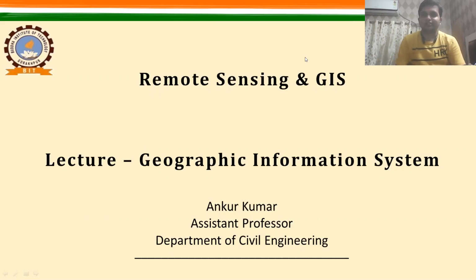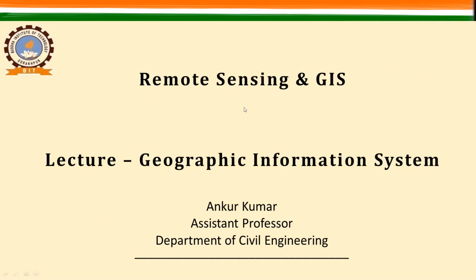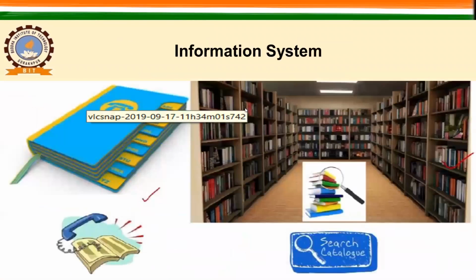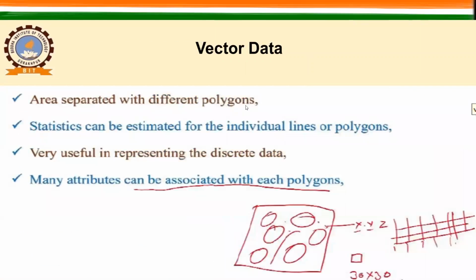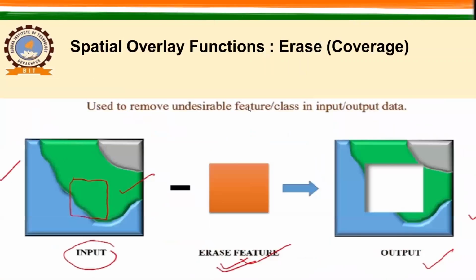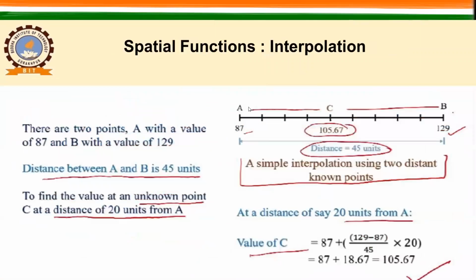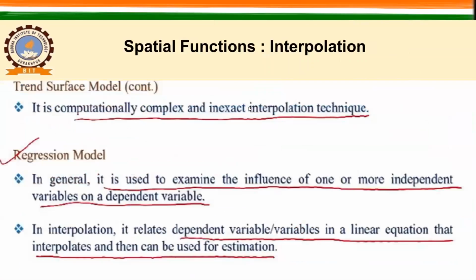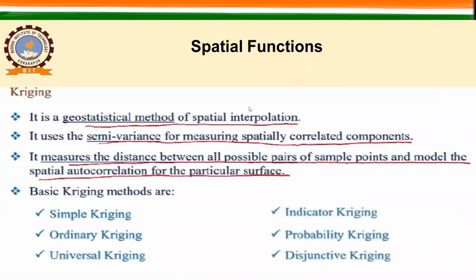So, this is the course about remote sensing and GIS, और हम लोग अभी Geographic Information System के बारे में देख रहे हैं. So, let's start the part 3 of this Geographic Information System. तो अभी तक हमने Geographic Information System में बहुत सारी चीजें कवर कर ली हैं, right? And in this lecture, we'll be covering the remaining parts of this Geographic Information System. This is basically the introduction to the Geographic Information System.